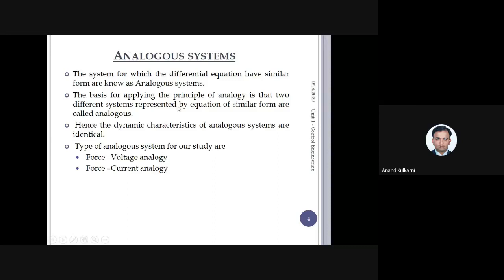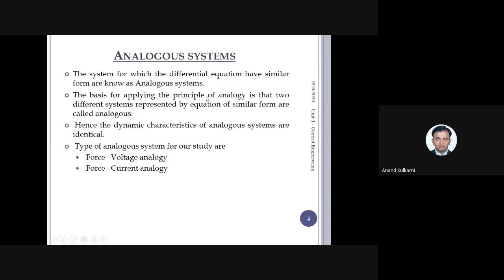If you have two systems, one electrical and one mechanical, and I want to compare whether both systems are analogous to one another, first write the differential equation of both. Once you write the differential equations, if you have a similar form for both, then we can say that the mechanical system is analogous or equivalent to the electrical system. That is nothing but analogy. Now, how to do this?